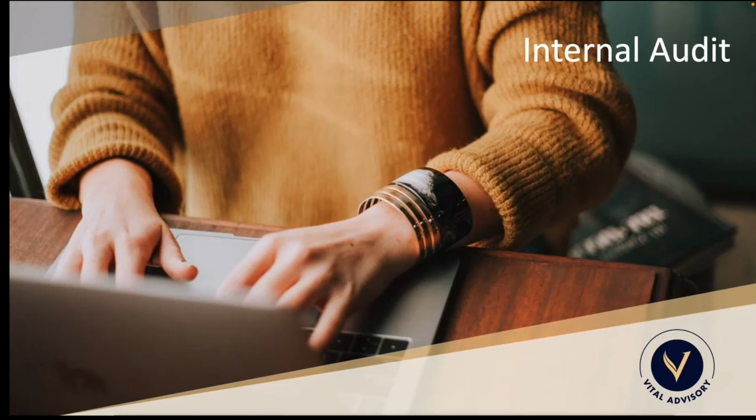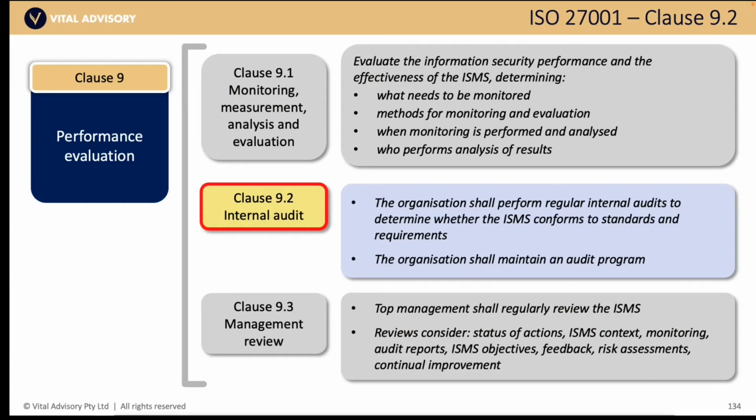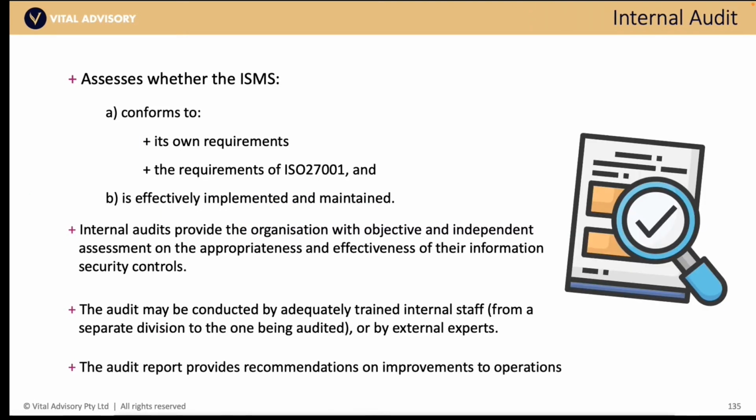All right. So at 9.2, the standard talks about internal audit. Like I said, if you're not being conformant, if you don't need to certify, then you just change the purpose of your audit to align with your requirements or your policy or whatever. But generally, the audit is an audit of whether the ISMS is conformant with its own requirements.